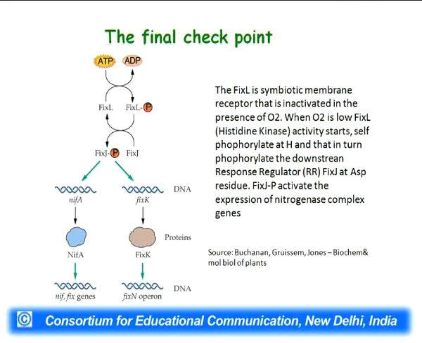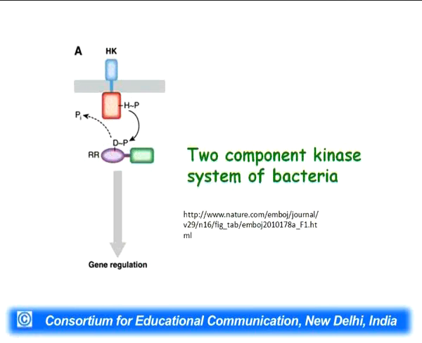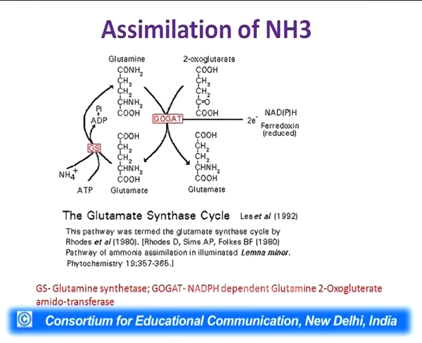So, in other words, this is a protein which is present in the bacterial surface only. You can think of it as an antenna for bacteria to read the level of oxygen. If the level of oxygen is low, then only it will turn on the nitrogenase genes, otherwise not. Every system has many different ways to protect itself and, more importantly, to be economical in terms of its resources.